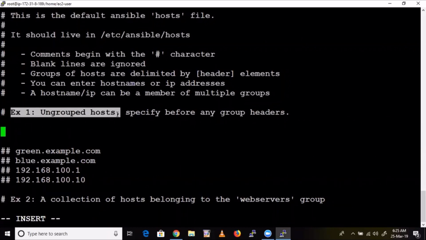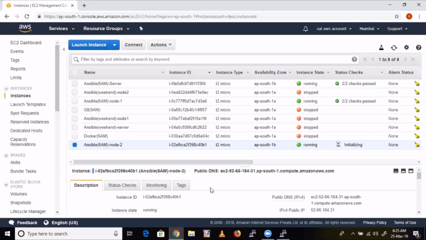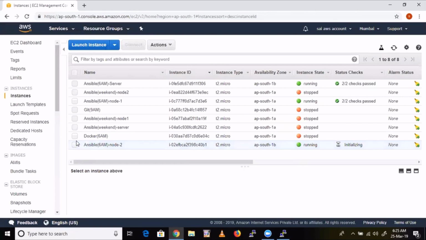Ungrouped hosts, specify before any group headers. See here what we do. We need to create a group, guys. So in square brackets, you mention the group name. For example, I'll mention demo. Any name, you can give any name. So here, take the IP address of node 1.